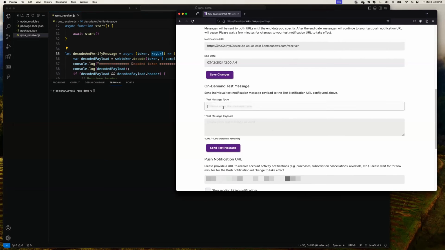Now, just for demo purposes, let me send a push notification. I am setting the message type as anything that you want, so let me just put Roku demo. And you can have a payload of any type. The only thing is, whatever protocol or data type you set here, when you parse it you need to make sure you are using a parser that can handle it. Here, let's say I'm just entering test